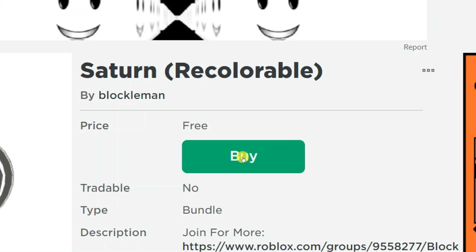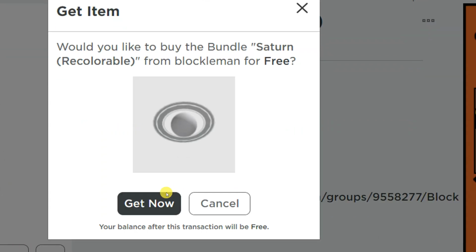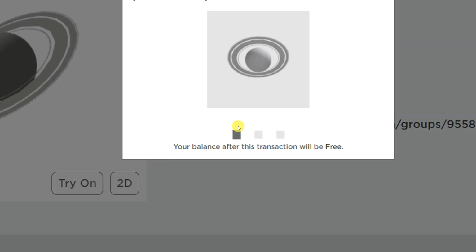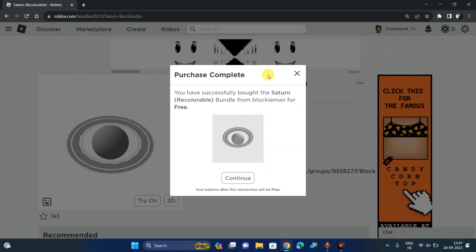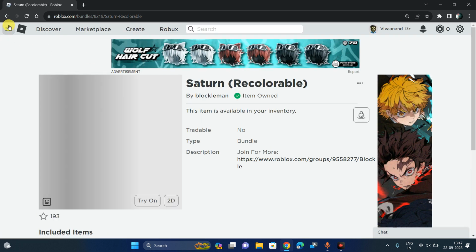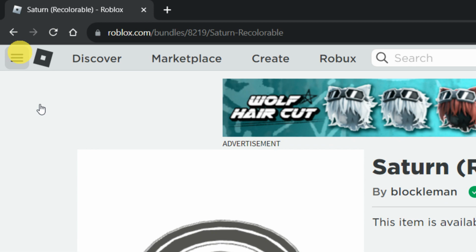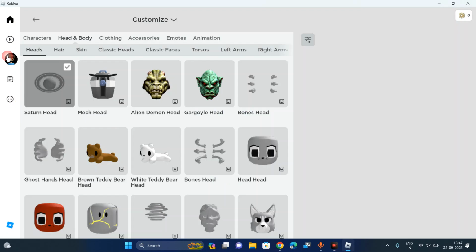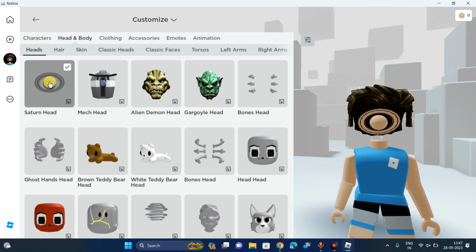Now click on this buy button to get this item for free and click on the get now button, and now just go outside of this and go to customize and choose a head from the head and body section, and you can